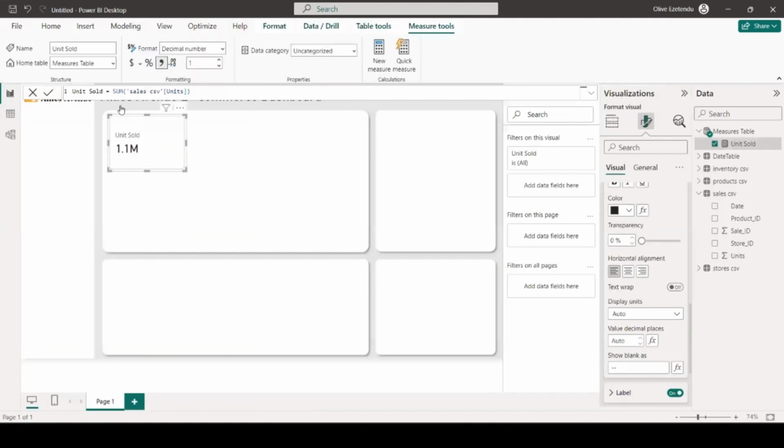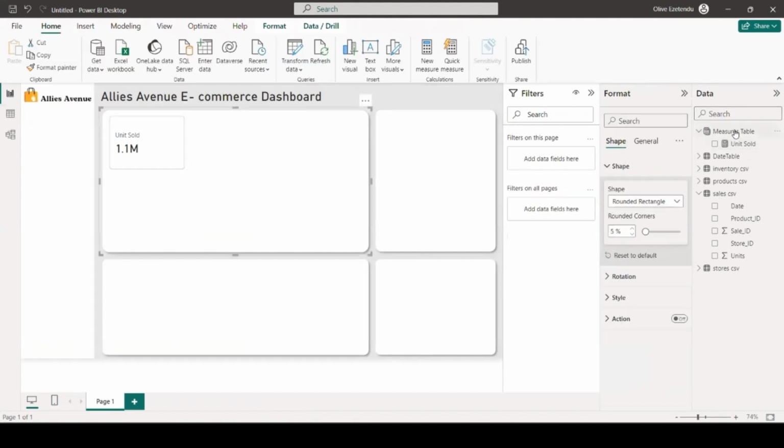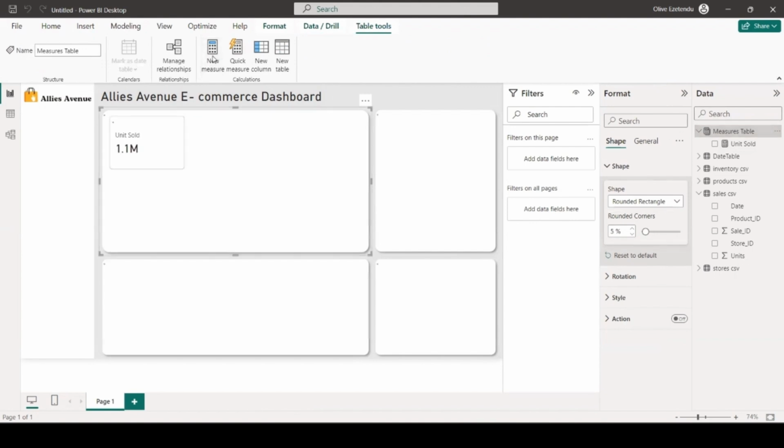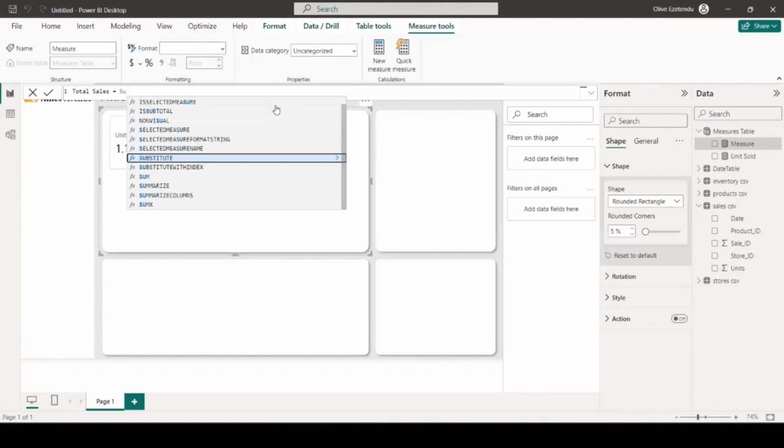We're just going to come back to our report view now, and we're going to write a DAX measure to that effect. So go to DAX measure and come to this place. So now what we're going to do is just to write total sales equals to, now we're going to use the SUMX function, not the SUM at this point. The SUM just calculates a whole column, right? It calculates just the beginning to the end of the column. Now the SUMX iterates through the rows. Okay, so that's the difference. So we're going to use a SUMX